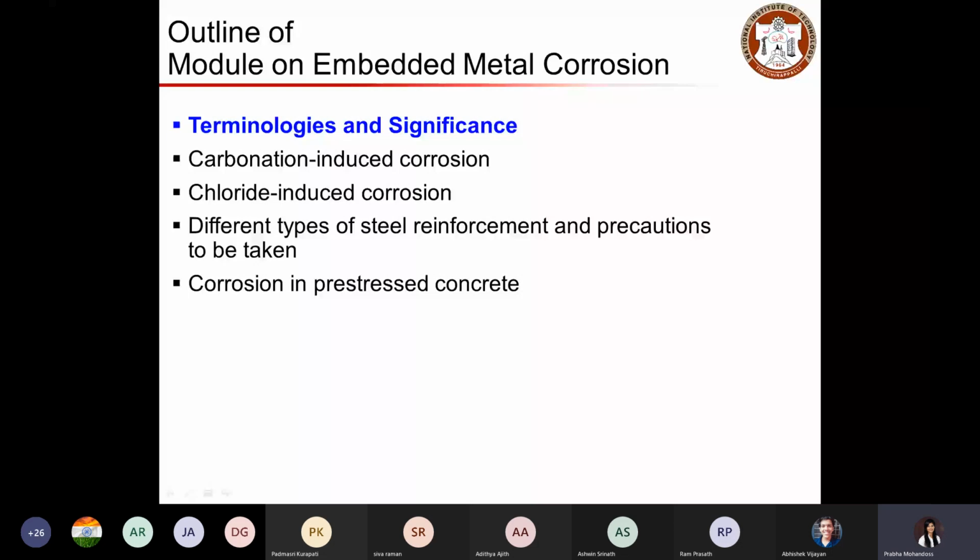Then we can look at the different types of steel reinforcement available to account for these types of corrosion mechanisms. We have done several modifications in the steel reinforcement so that it can resist corrosion in a better manner, to enhance the performance of the structure. At the same time, we need to take certain precautions so that we can avoid corrosion in the environment, which will protect your structure. What those types of steel reinforcement are and what precautions we can take will be covered under this section. And then we will look at corrosion in pre-stressed concrete